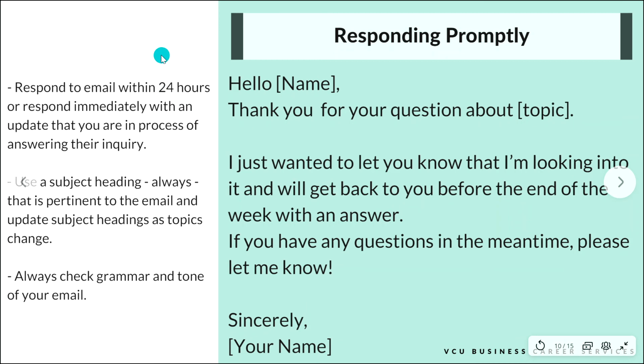So a couple of things we're going to fly through here when it comes to specific emails that you'll come across. Responding promptly is really important. So we want to respond to emails within 24 hours. Typically in the work world, now in class and in college, 24 hours is respectable, but in the work world, honestly, it's 6 hours and 12 hours max is typically what you're looking at for a response time.